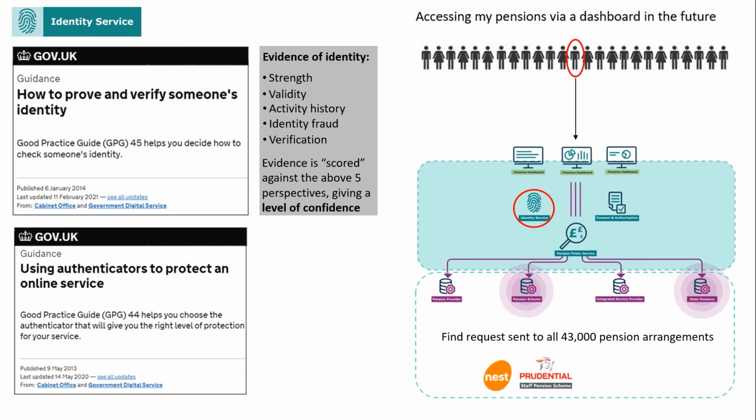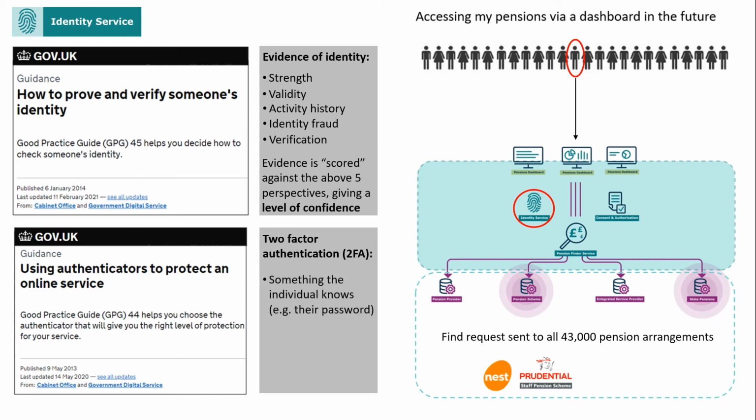The second Good Practice Guide, GPG 44, is all about authenticating existing users when they re-log in for second and subsequent visits. The key thing here is having 2 or more different methods of the individual authenticating themselves, known as two-factor authentication, or 2FA. And a very common example of this is requiring the user to input something they know, such as a password, and then a one-time code being texted to their mobile phone, which they're then also required to input to fully authenticate themselves. This is exactly how many government online services work, such as the online Check Your State pension service, which you